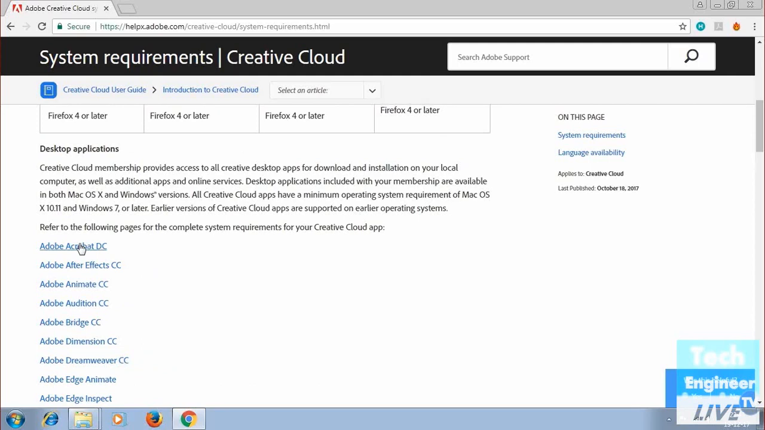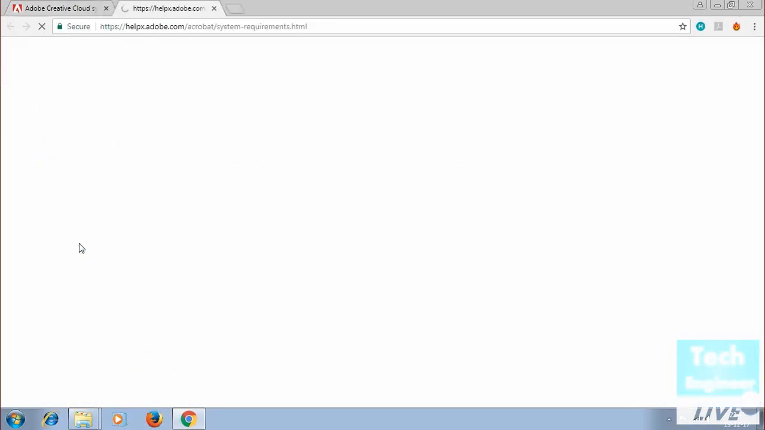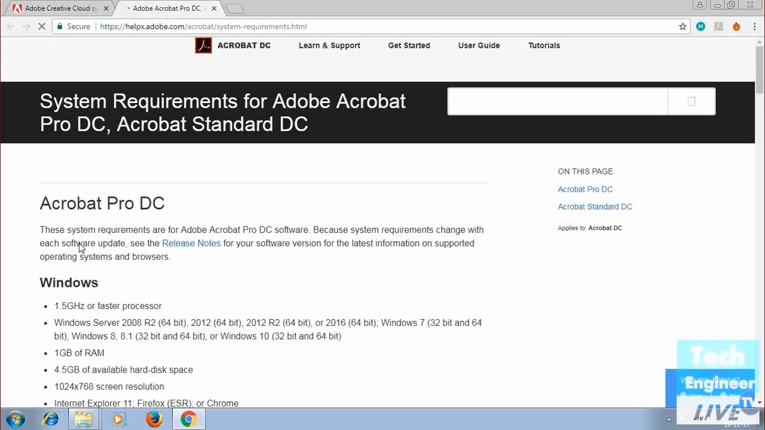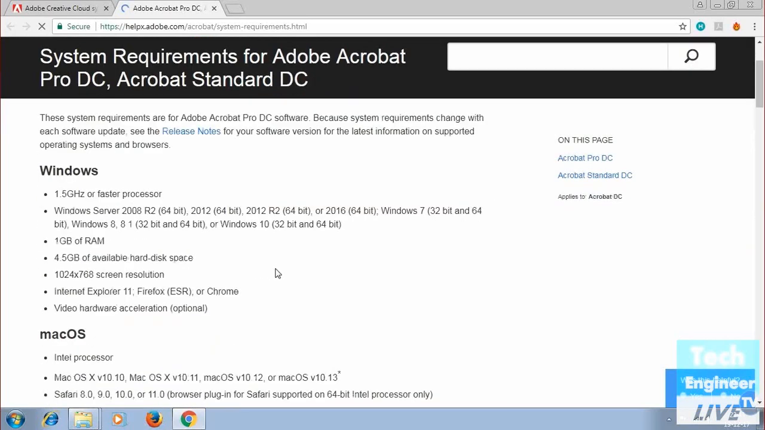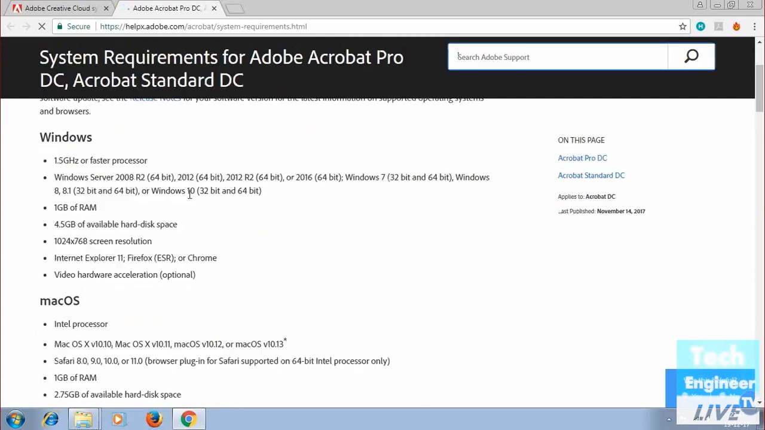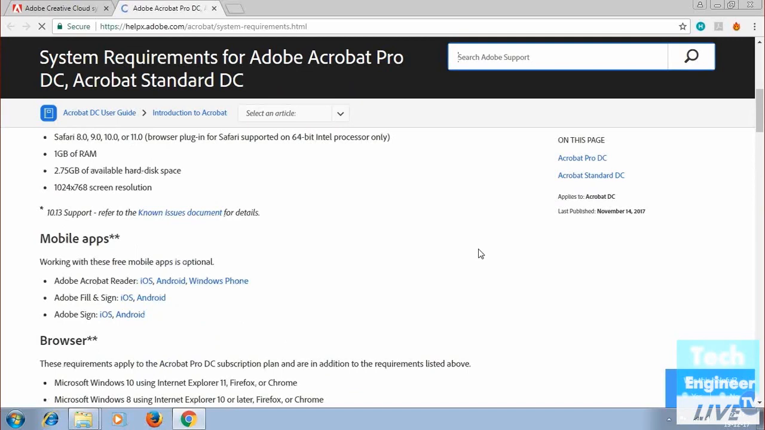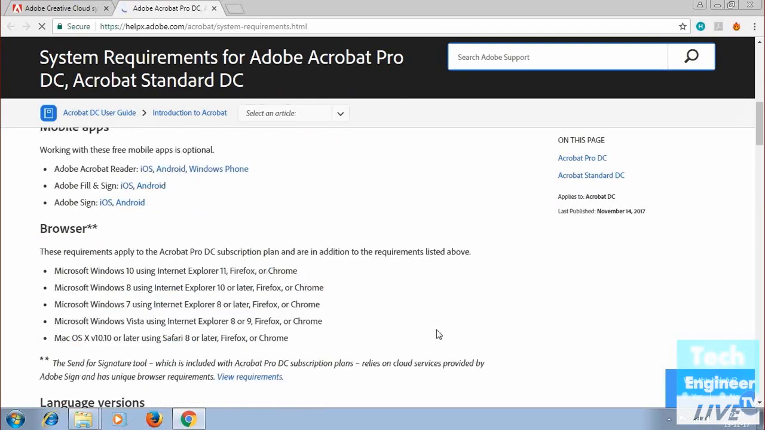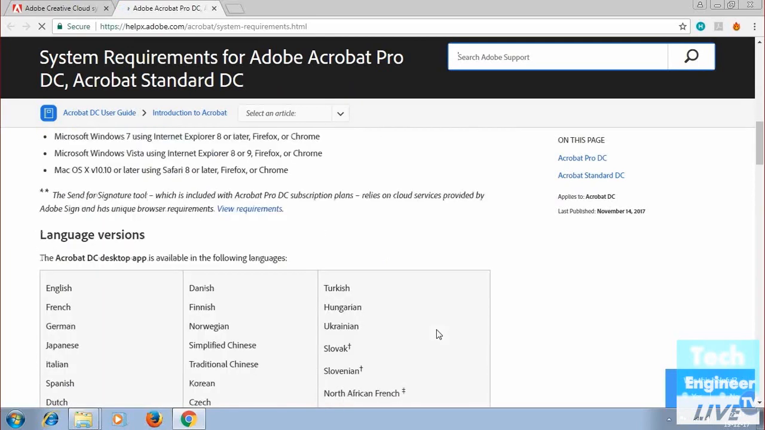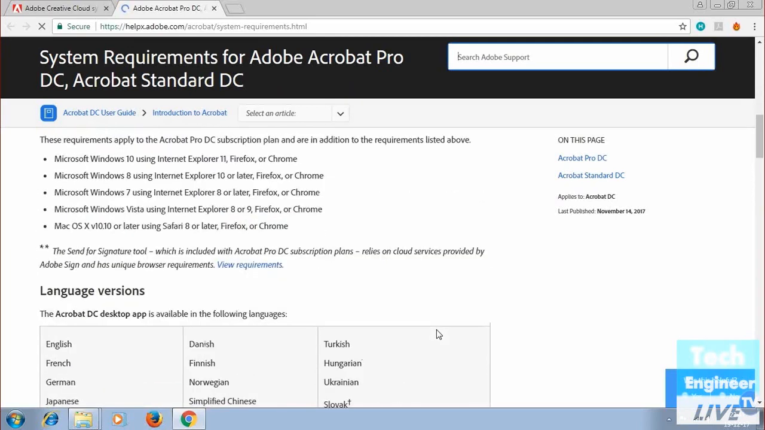For example, we open Adobe Acrobat DC. So a new tab will open, and the minimum system requirements for Windows and the Mac. In mobile apps, working with these free mobile apps is optional. And in a browser, if you want to access it through the browser, you can also go through it. Now you can also go through the plans